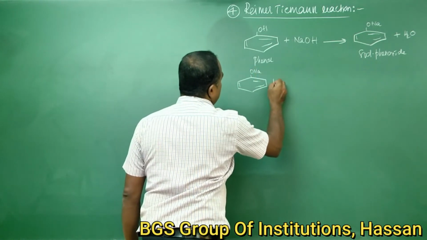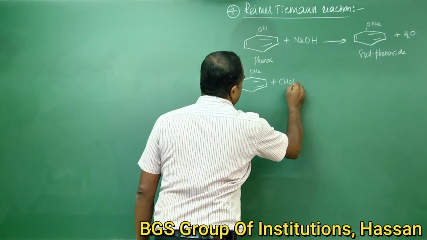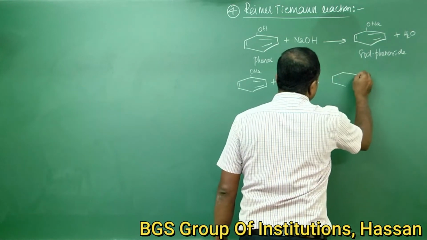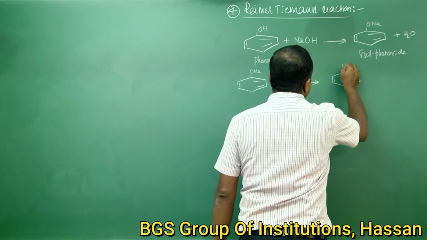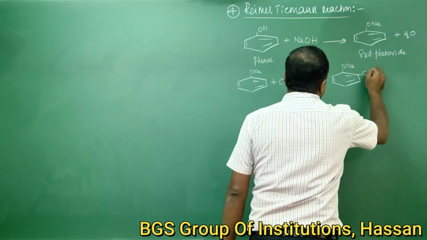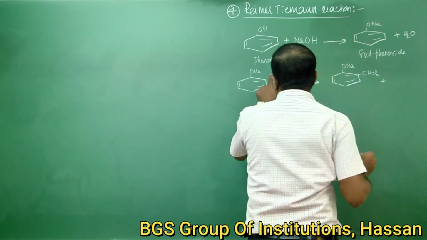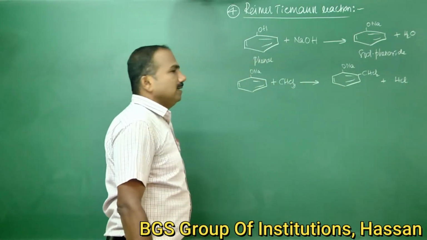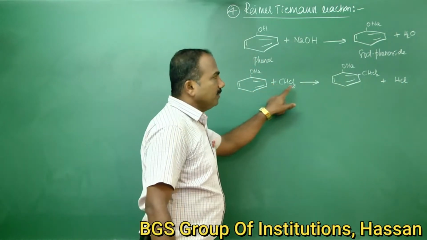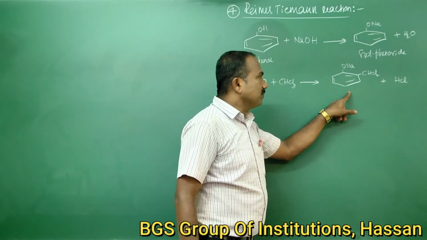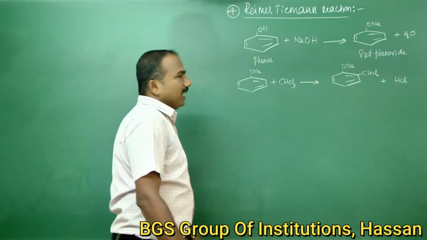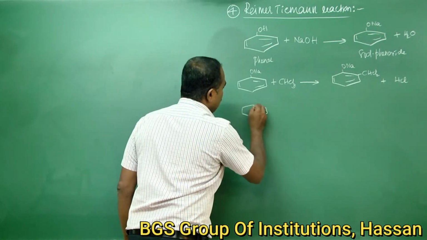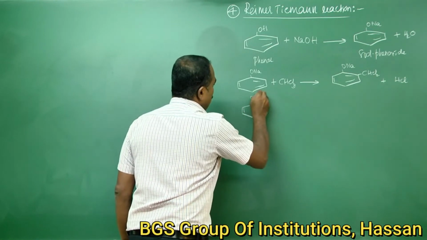Sodium phenoxide formed, on heating with chloroform, CHCl3, gives benzene ring connected to ONa and CHCl2. Here H combines with Cl. So sodium phenoxide on treating with chloroform gives the substitution product, benzene ring connected to ONa CHCl2 plus HCl. The substitution product that is formed, benzene ring connected to ONa